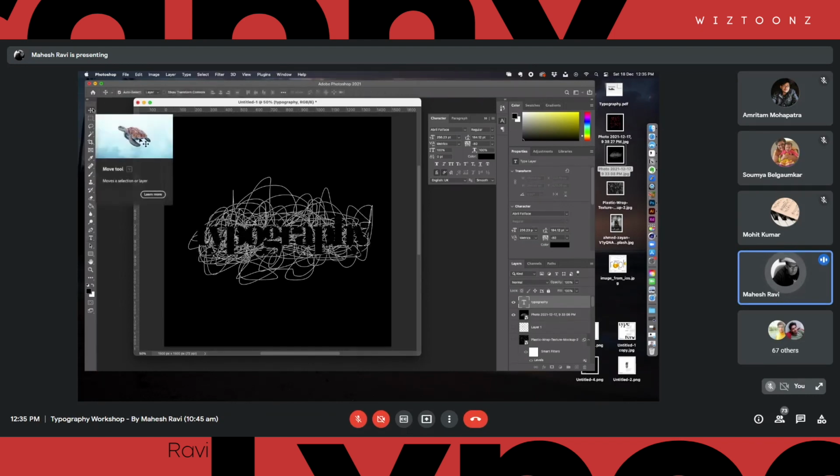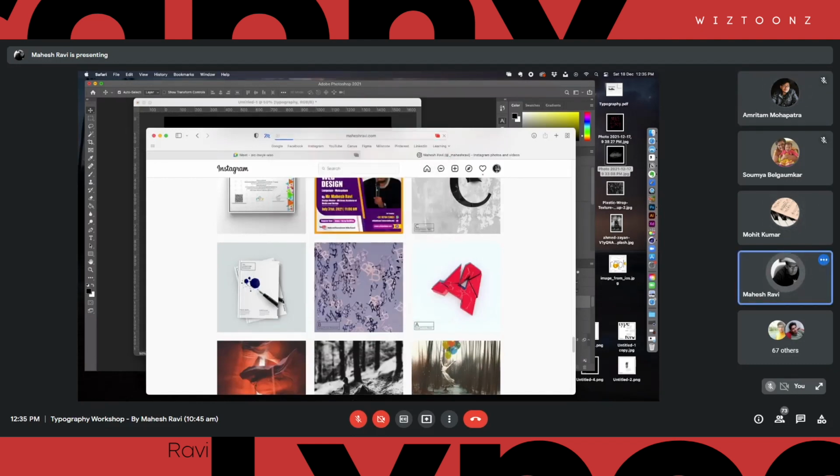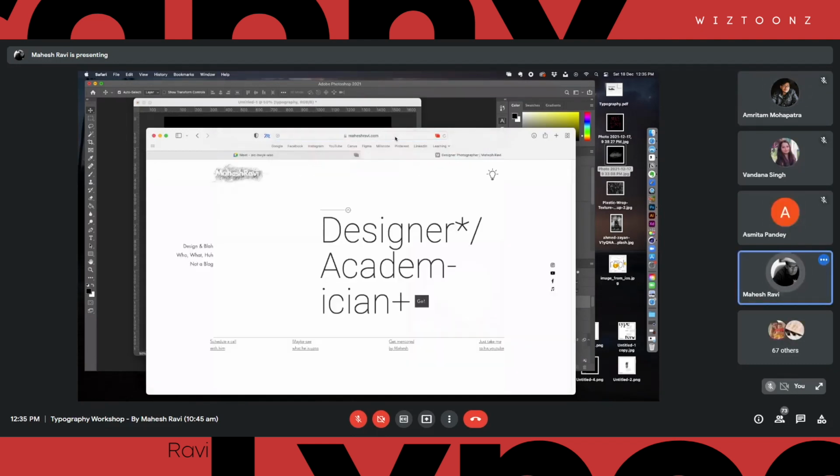It's a fake thing. We are not using negative space, but creating that effect. I think you might have seen this on my website. I don't know how many of you have seen the website. Yes. So I've used that technique to write Maheshwari here. I don't have much content on my website. It's a very simple text-based approach. But there is one element which makes a unique treatment there. I'm not writing Maheshwari just like the normal stuff. I just wrote it like that, right? So there is some order in a lot of chaos.